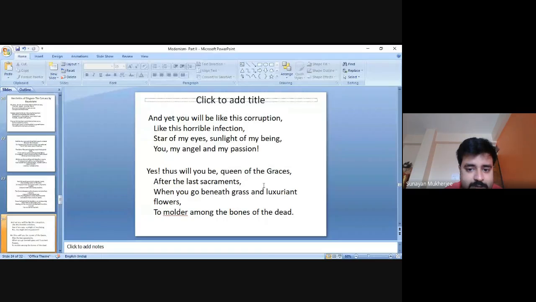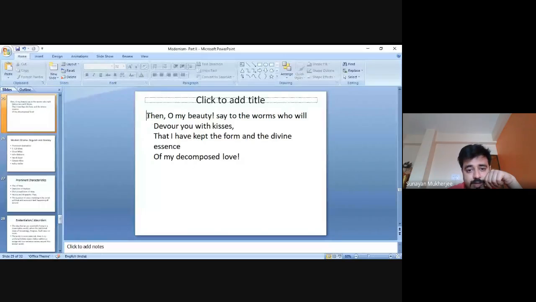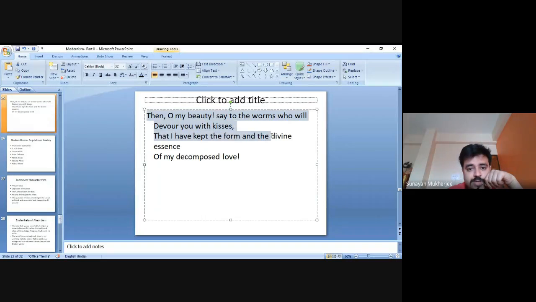But what's interesting? Why does he use these images? He is saying to his beloved, yet you will be like this corruption, like this horrible infection, star of my eyes, sunlight of my being, you, my angel, and my passion. Yes, thus will you be queen of the graces after the last sacraments. What is sacraments? After you are dead. When you go beneath grass and luxuriant flowers to moulder among the bones of the dead, say to the worms who will devour you with kisses that I have kept the form and the divine essence